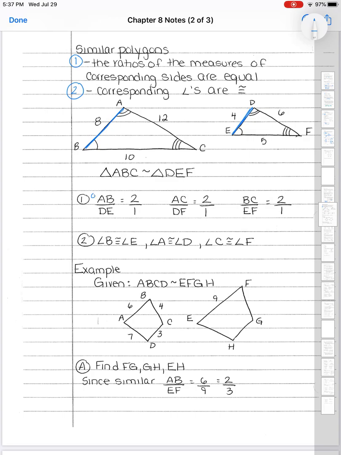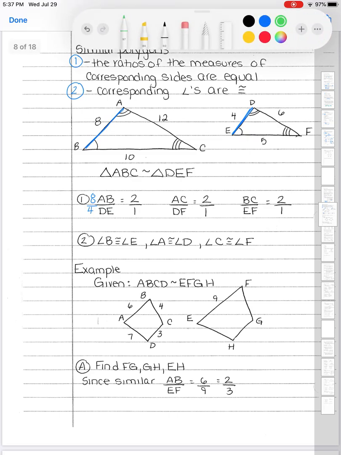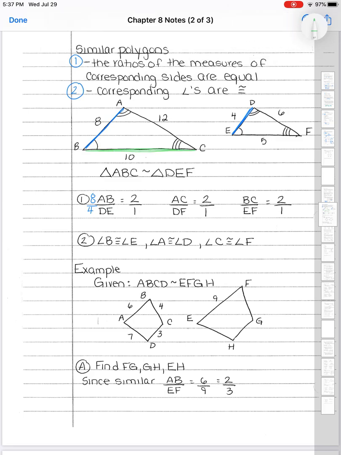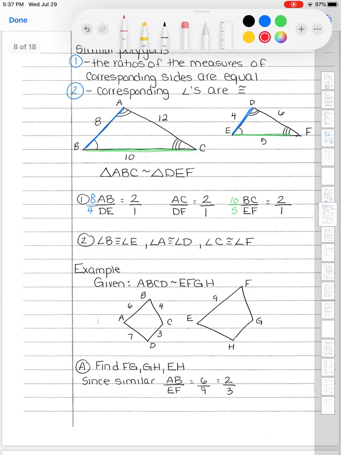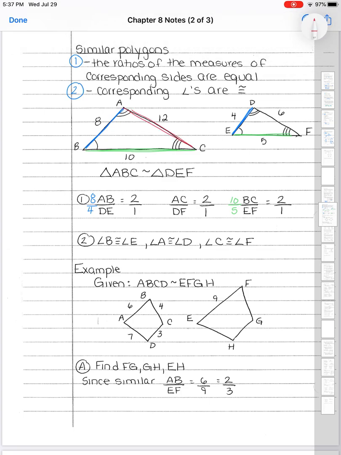If you have these two triangles right here, we can see that the angles are all equal. So B equals E, A equals D, C equals F. But in terms of the sides, you right away say, well, those numbers don't match. But again, it's not that the sides are congruent, it's that they are in the same ratio. So I'm going to take each side. The order is the same as you would do for congruent, so just make sure you're labeling it correctly. So A to B would match with D to E,